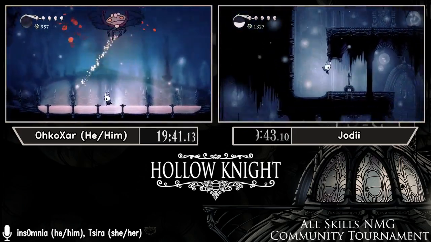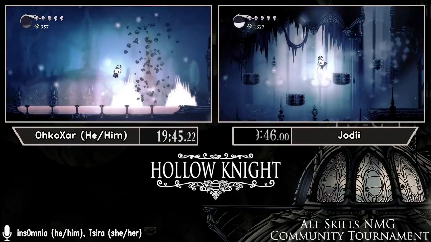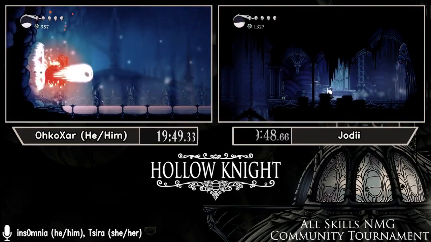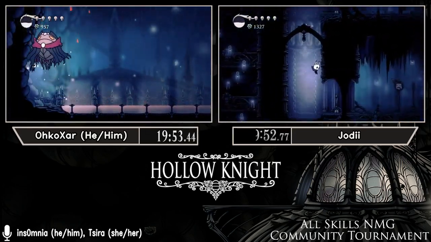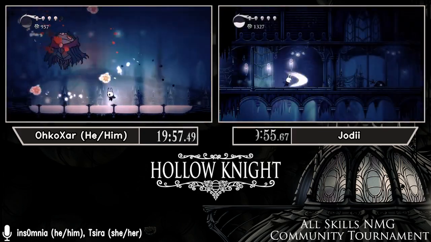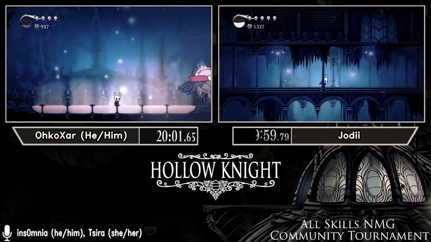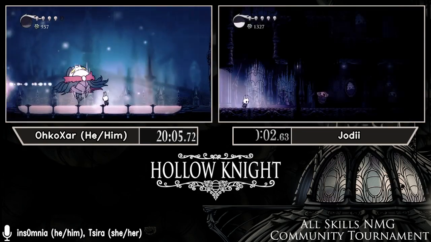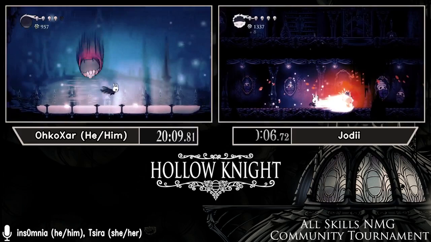Doing his Soul Master fight, missing that fireball there, firing the wrong way. You want to get as many doubles in this fight as you can. And Oko showing off that fireball despawning there. Would have been a double hit on 1221. Yep. Another really unfortunate change between the patches is that